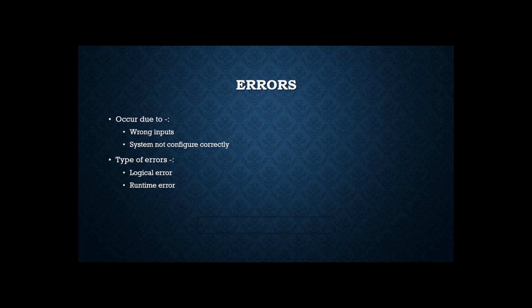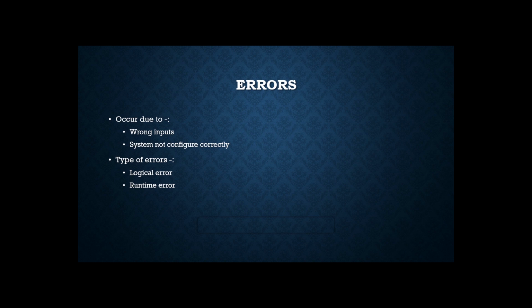So errors are of two types. The first one is the logical error, which occurs due to wrong logic used by the programmer. These errors are not detected by the compiler. The second type is the runtime error, which occurs when the program is being executed, for example, when a number is divided by 0. These kinds of errors are controlled by predicting the error. We have to think that this could happen and act accordingly.